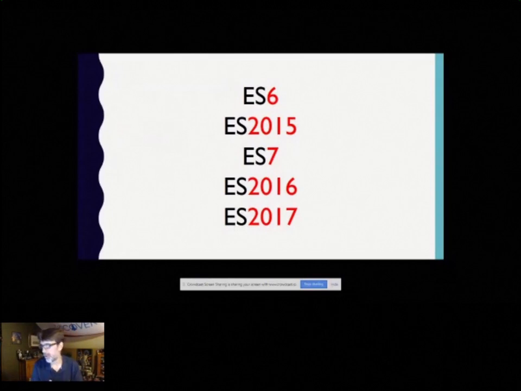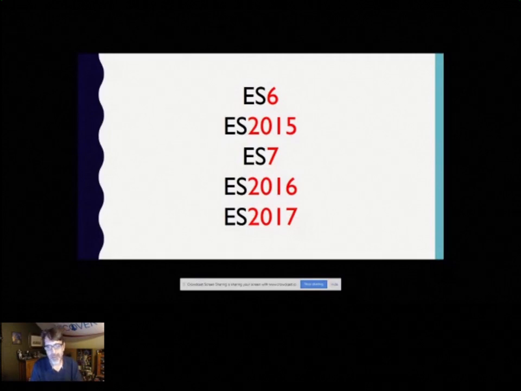So long story short is that initially versioning was being done by numbers. So ES5, which you may have seen before, is kind of like the standard JavaScript. It's JavaScript that probably most of us spend most of our time doing, and we don't probably even think ES5. We just think, I'm writing JavaScript. ES6, you could have thought of as the fancy new stuff, but it's actually been out for a little while now and is pretty darn stable. And ES7 is just, again, going more and more into the future in terms of what browsers will support.